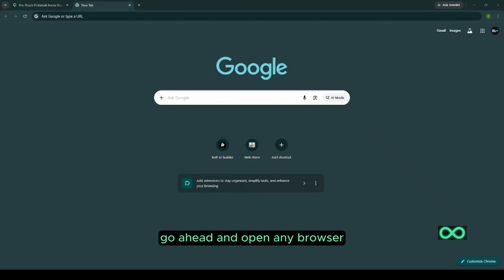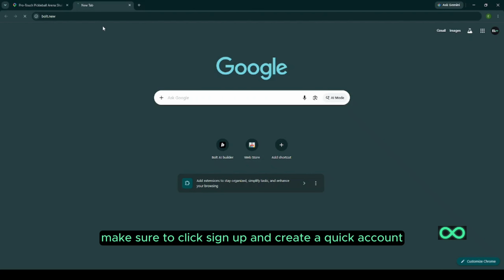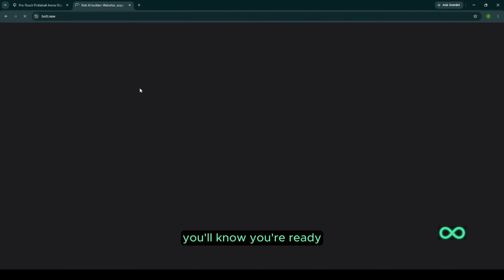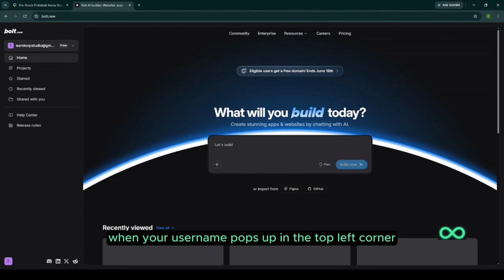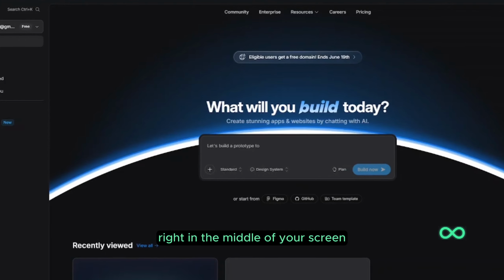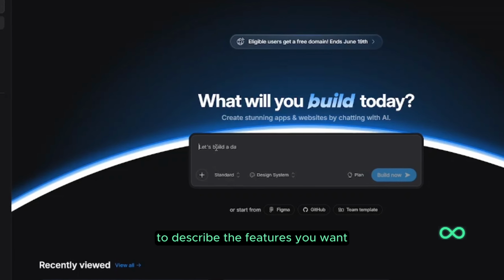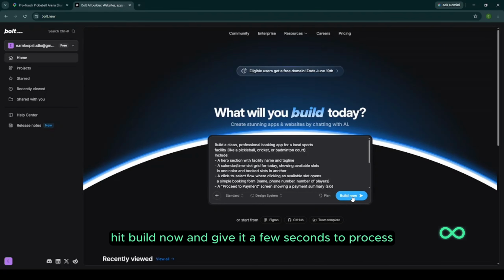Go ahead and open any browser, then type in Bolt.new. Before we start building, make sure to click sign up and create a quick account. You'll know you're ready when your username pops up in the top left corner. Next, look for the main prompt box right in the middle of your screen. This is where you outline your app. Just use everyday language to describe the features you want, hit build now, and give it a few seconds to